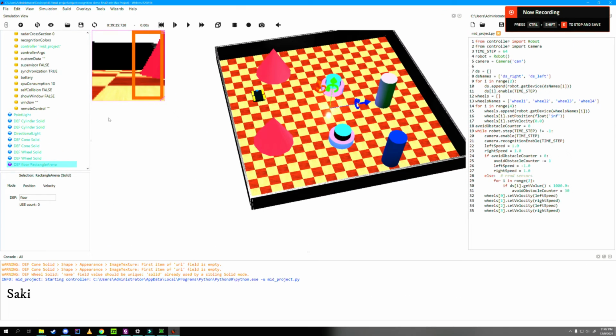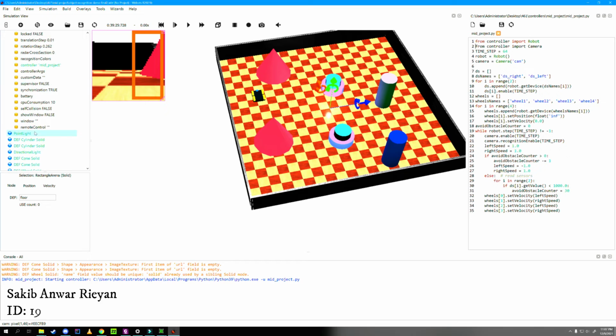A robot has no value if it does not move or do any work. To make a robot do so, some sensors and control code is required. In this project, as we are building a robot which can detect objects and avoid obstacles, we have used 2 distance sensors and 1 camera. To control the movement of the robot and the sensors, we have used a Python controller code. Here the commands for the movement part is taken from Webots' tutorial.